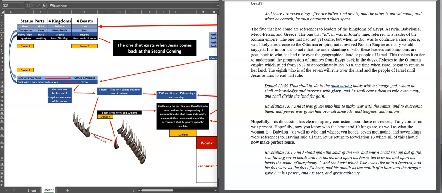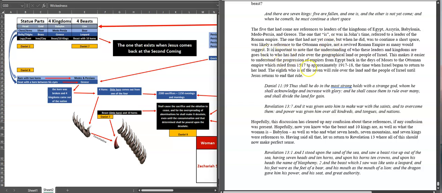And then, obviously, the next empire, or next kingdom, or next king that will rule over the people in the land of Israel is your Revelation 13 beast. So that's the case that I make for that. Again, I'm not dogmatic about it, but I don't believe anything else is intended there other than the Ottoman Empire.